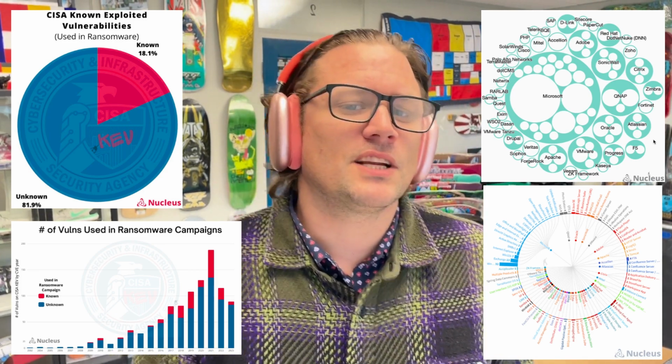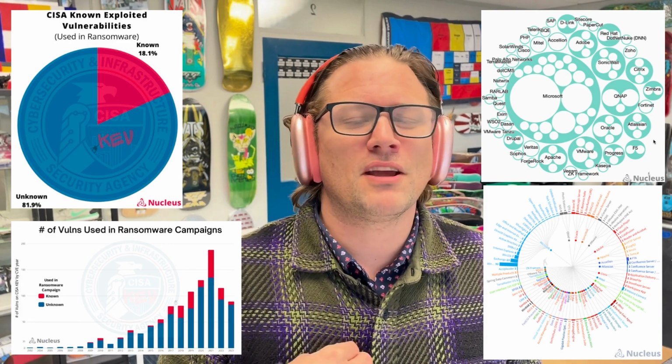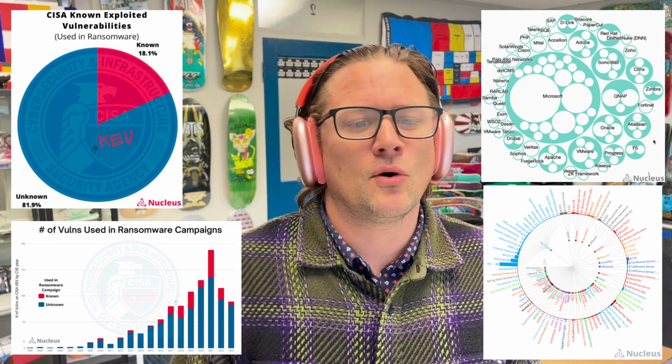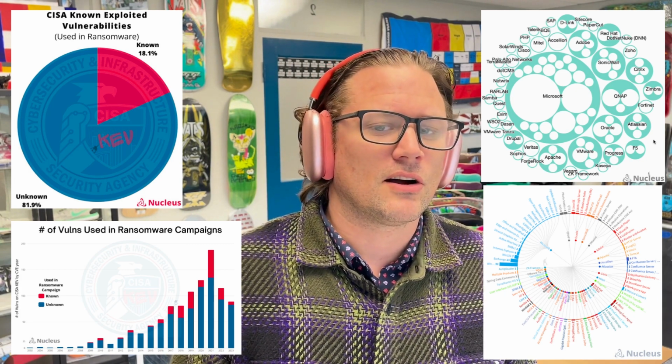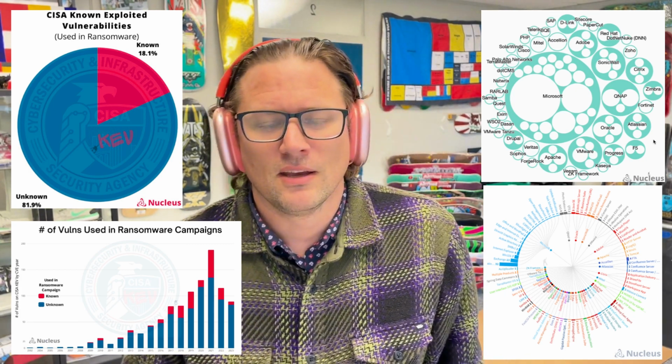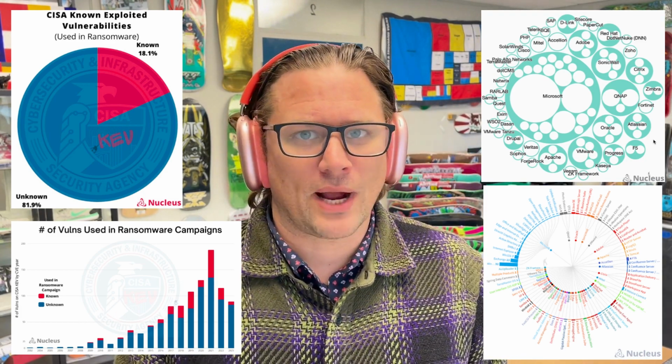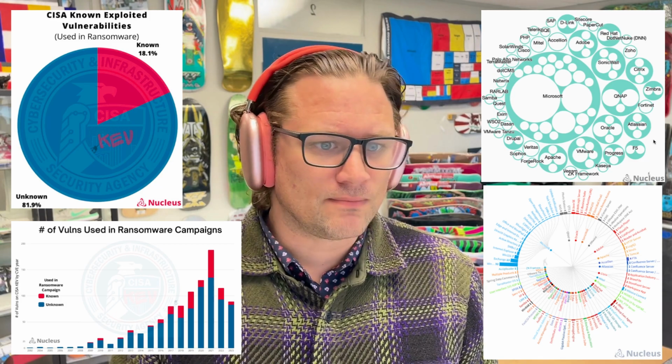In today's video, we're going to dive into one of my favorite topics, the Cybersecurity and Infrastructure Security Agency's Known Exploited Vulnerabilities Catalog, also known as CISA KEV, and its recent enrichment on vulnerabilities associated with ransomware campaigns. So let's go. This week, I spent a lot of time exploring the new addition of the ransomware campaign attribute